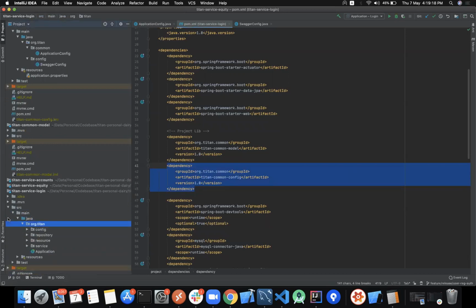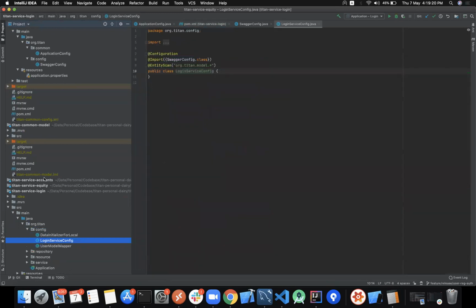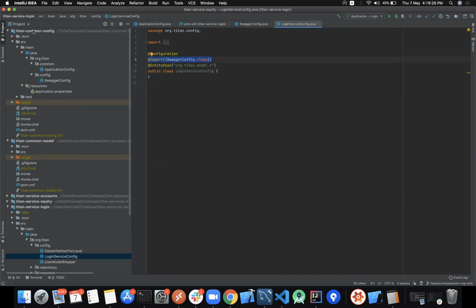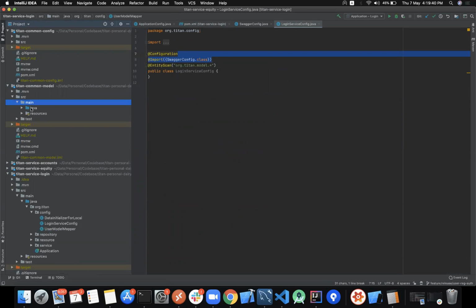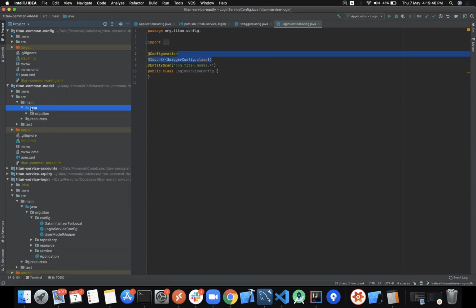What I need to just do is import that file. Swagger config is coming specifically from this common config. So I'll just need to do an import over here, and that's it. I don't need to add the configuration. Same goes with the models and the DTOs. It can happen that later on, if you have a single database, you have to do this, because you don't want to duplicate POJOs, models, and DTOs in